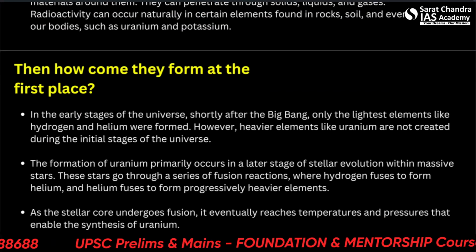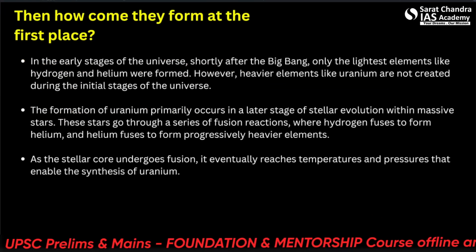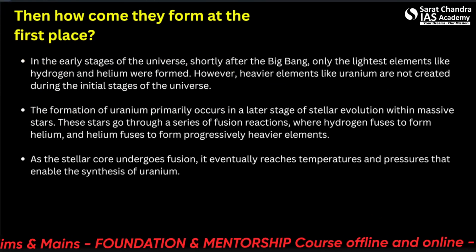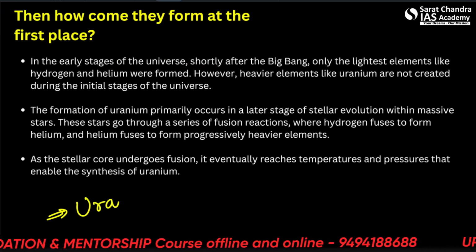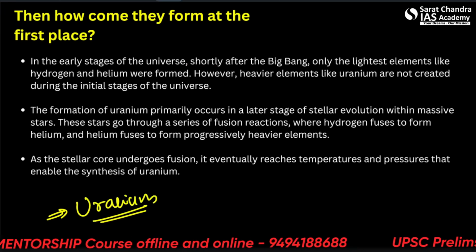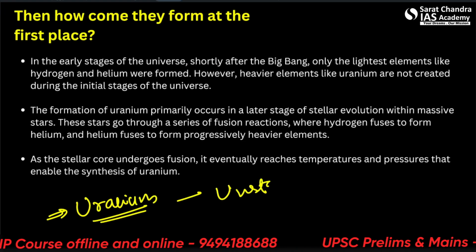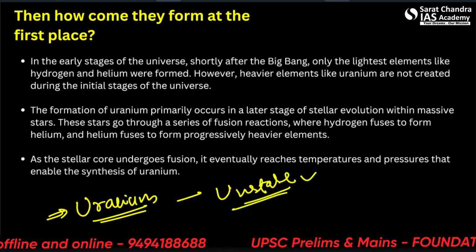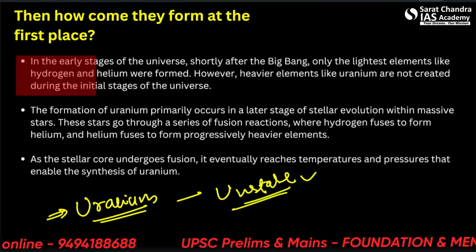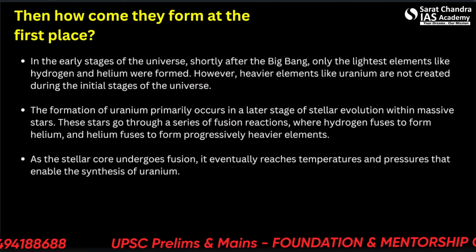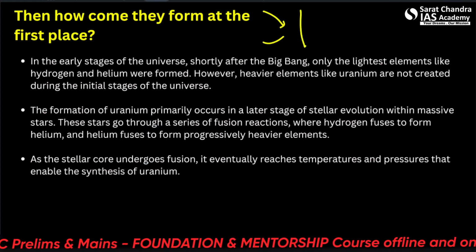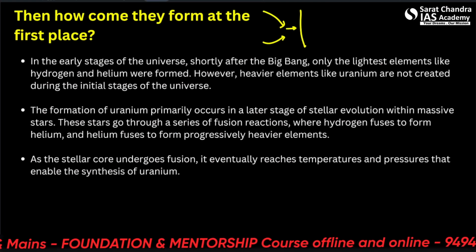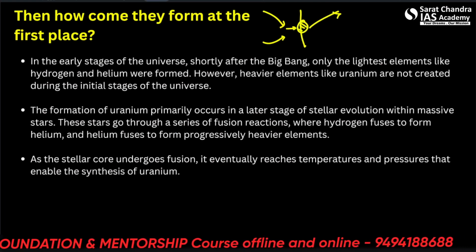So the question is, if they are so unstable, then how were they formed in the first place? Why are they found like this? Why did uranium come to be if it was so unstable? So the answer lies in cosmic realities. First of all, what might have happened before the Big Bang? We don't know. There could be a possibly shrinking or expanding universe which resulted in the Big Bang.